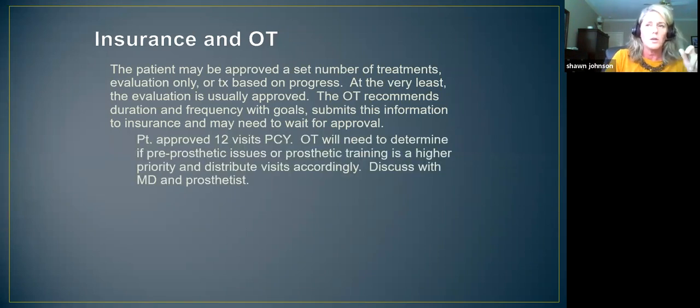for approval. So a scenario that I ran into quite a bit was I'd look on their patient information chart or insurance chart. They were approved for 12 visits for the calendar year. So I needed to determine if their pre-prosthetic issues or their prosthetic training issues were a higher priority, and then distribute those visits accordingly. And I'll go into this a little bit more when we talk about pre-prosthetic, but there's a lot of things you can do pre-prosthetically on a home program basis. Type up something and give that to them to work on a home program basis if it's a pretty straightforward